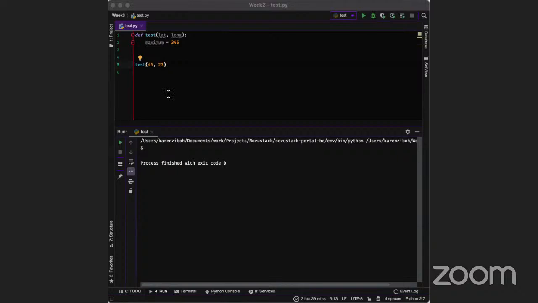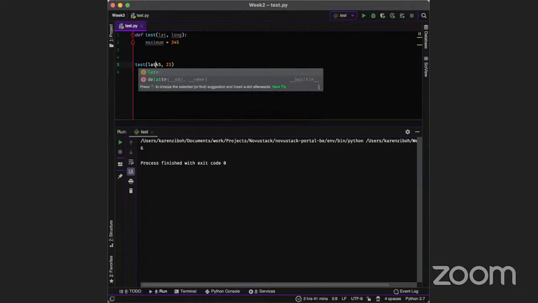So yeah, like I was saying, if you are the one creating the function, it is easy for you to know in which order the arguments should be passed. But sometimes it can be confusing. So you can explicitly say, okay, I want this value to be for longitude, I want this value to be for latitude, in any order. If you want to do that, you have to say it explicitly like this,